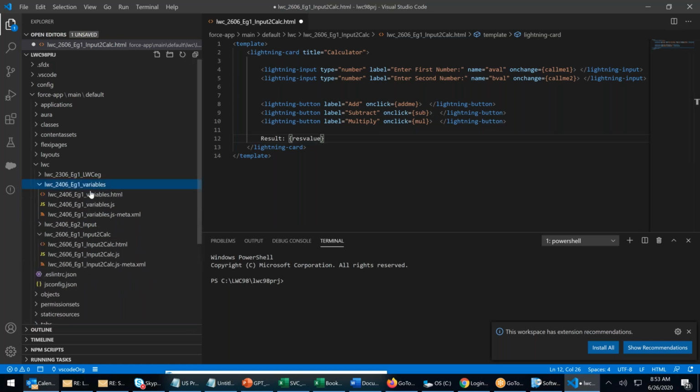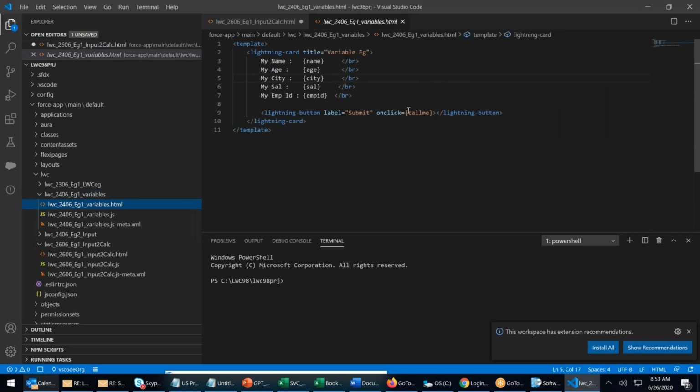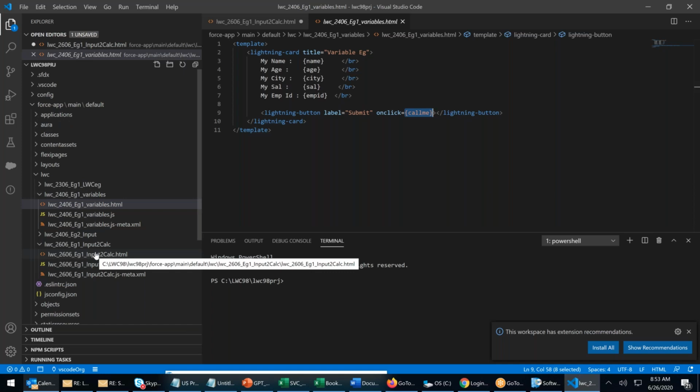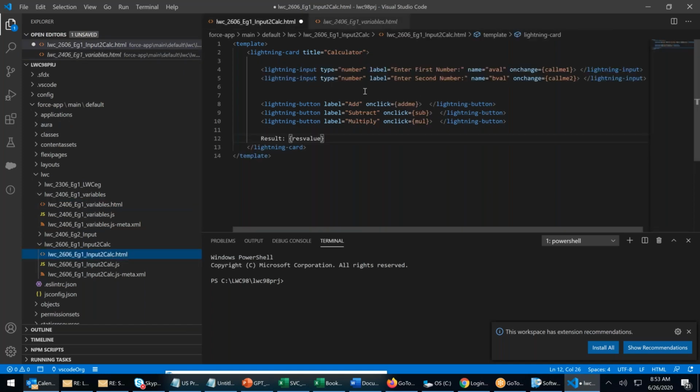A variable. If you remember that, I'm going here. We declare the variable just like this. So these are the variables. Both variables and functions look the same. You said call me name. Get name is also in the bracket, right? Call me is a function, right? There is no difference between a function and a variable. It is just how you use it. Similarly, if you take my example here, resvalue is not a function.